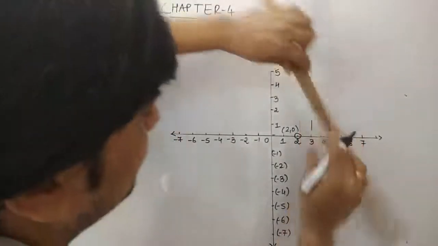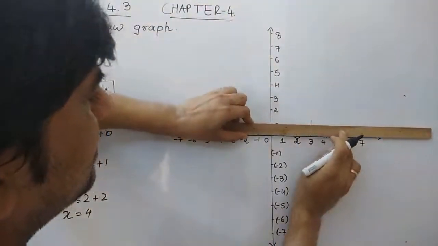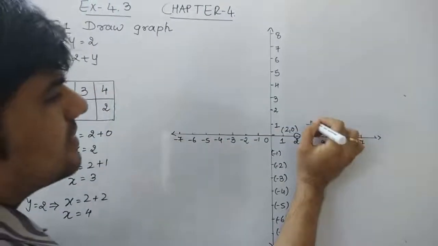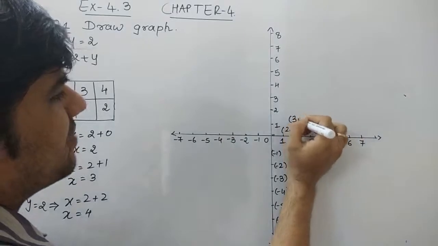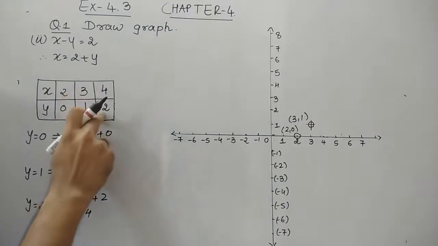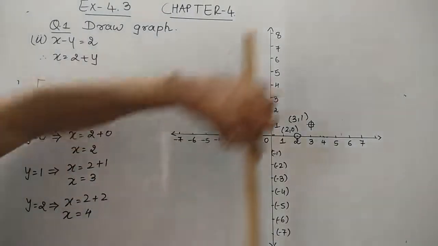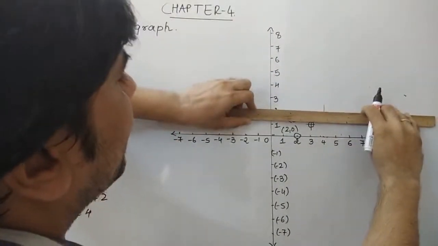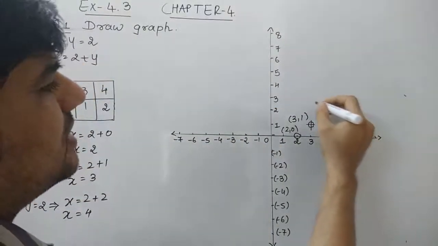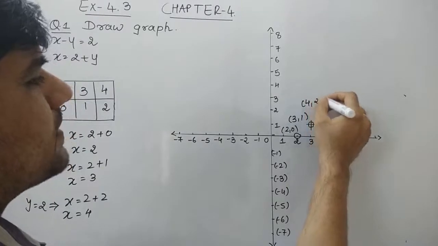x 3, as we discussed the same in the previous question also. Remember students, you are not supposed to draw the line. This is the second point, x 3 and y 1. We'll go for the third point, that is 4, 2. x is 4 and y is 2. So we can draw here. This is the line 4 and this is the 2. So now this is the third point, that is 4, 2.